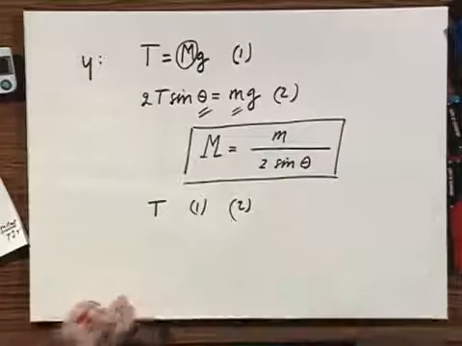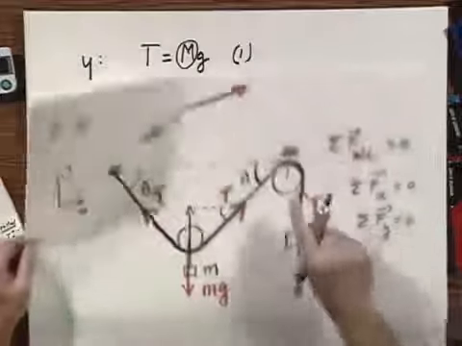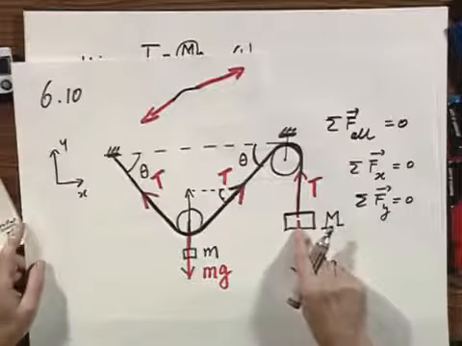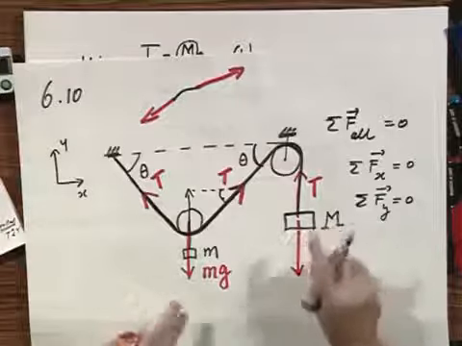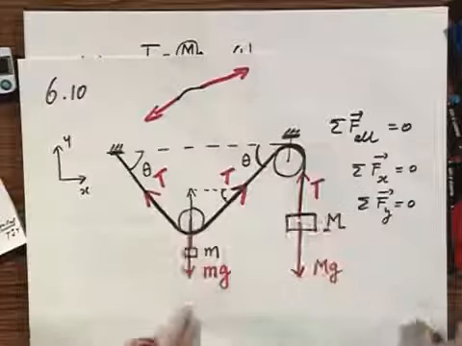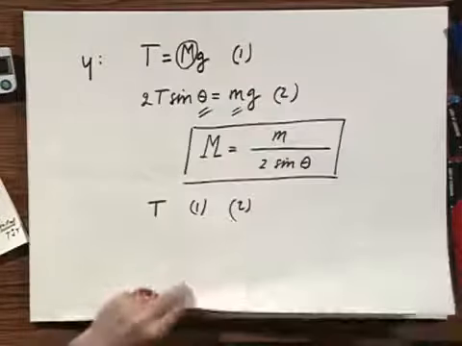Now we're going to pull M down. We're going to pull this one down, and we want to know what's going to happen. Well, I'll already tell you what's going to happen. The system is going to oscillate, but I want to be a little bit more quantitative about that.